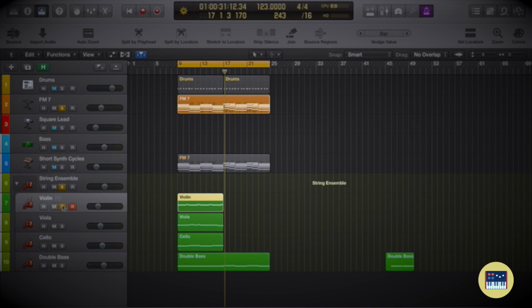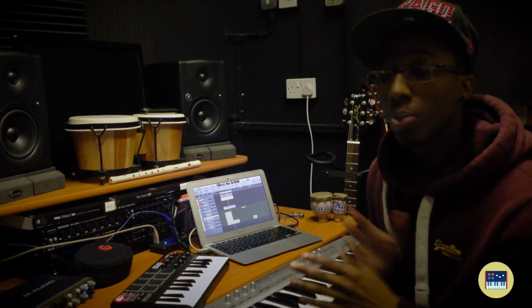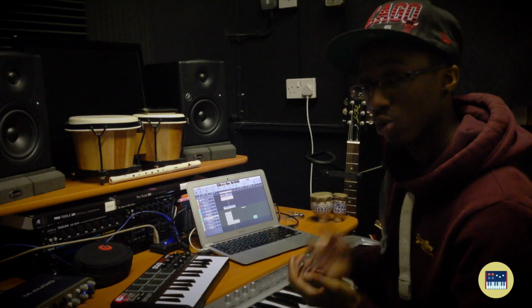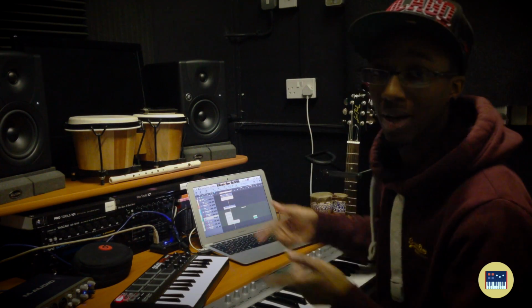Cool, so that's my string section for that section. Just quantize that all up. When you're working with string sections, it's very important to make sure the notes slide into each other so it sounds authentic. At the moment, my notes are not doing that, so that's something I'll have to go back into